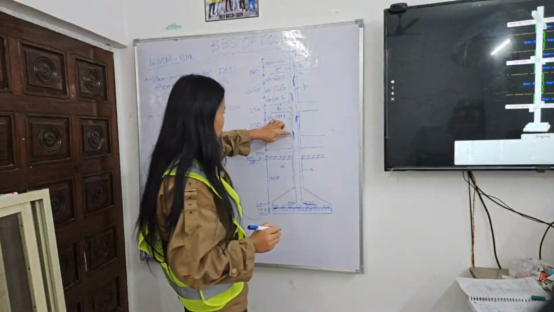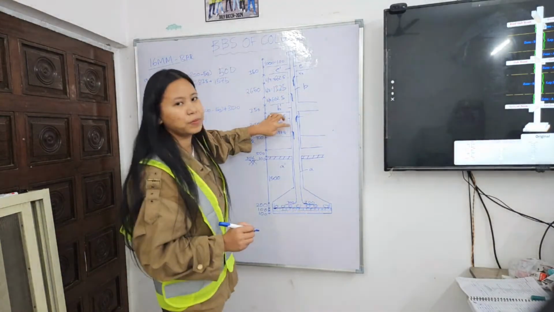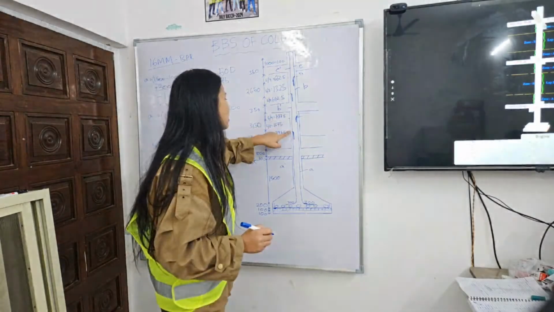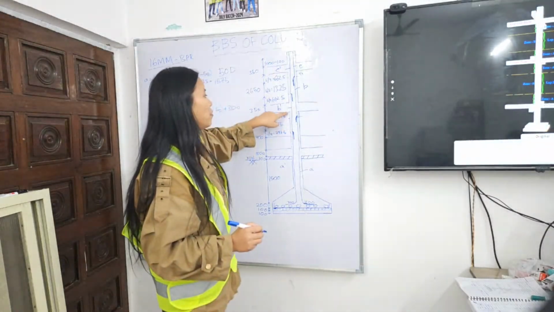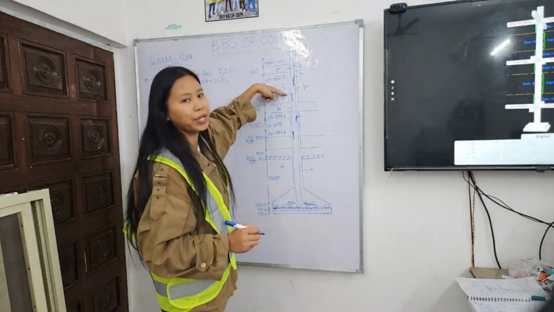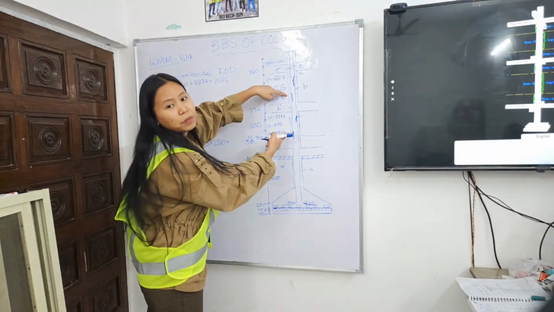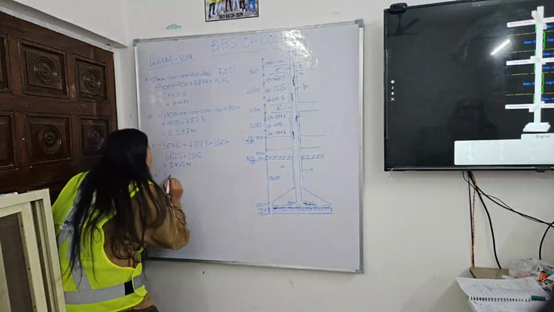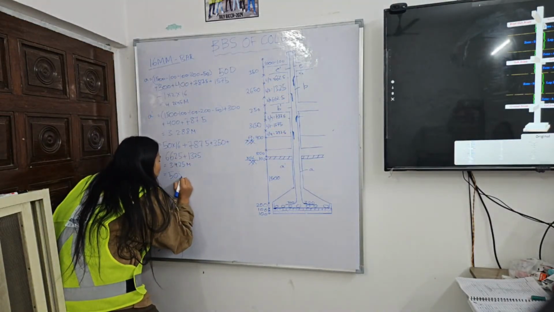From B dash, we are going to be starting from here, where we are going to be adding the left length plus L by 2 plus L by 4 plus slab beam, and then comes L by 4 here. From here to here, we're going to calculate it. So 50 into,